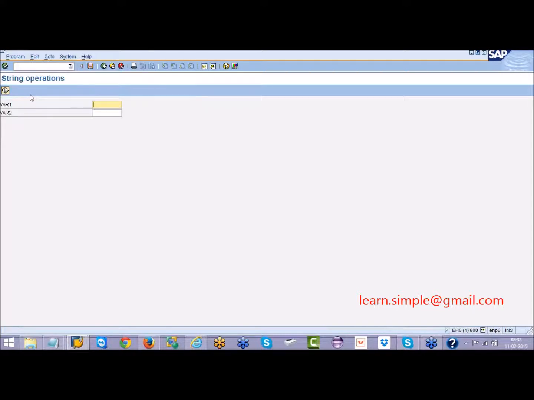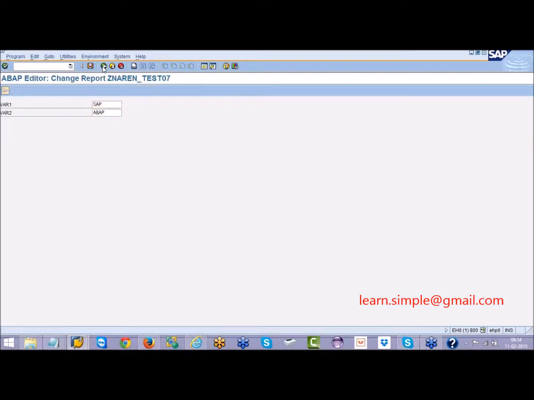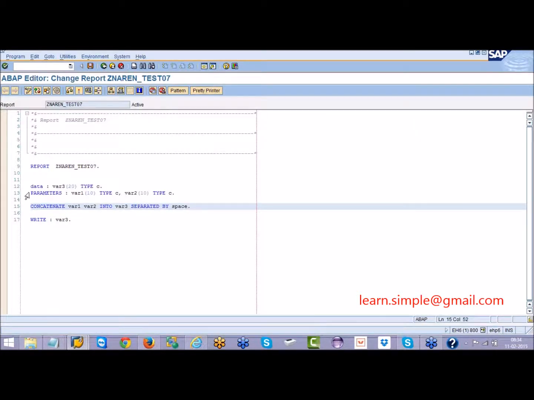So now here I'll say SAP ABAP. So now both should be separated with a space. So this is what your concatenate statement does. Concatenate means to put together different character variables.